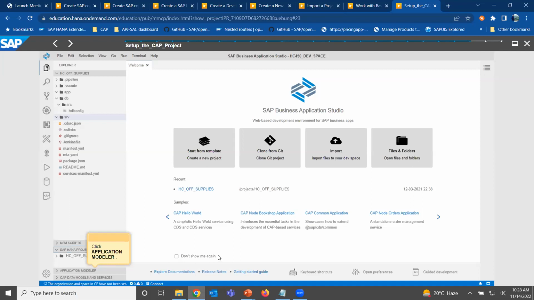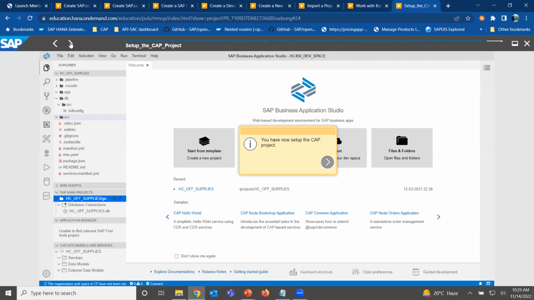Just in the terminal, you can go in and run that command. You can open the terminal and run cds add mta. That is the command. Anyways, you will see this HANA project pane appearing here, and here you see the DB project of whatever is there under the DB folder. You will be able to navigate the DB objects from here, and also open the database explorer or deploy the objects. So you can also do that from here itself.